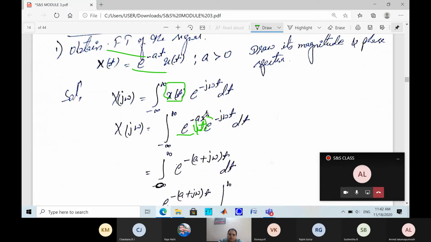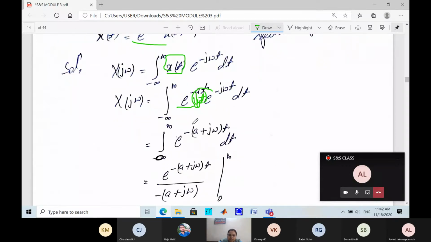Next, what is the u of t function giving for us? It is giving the information about the limit that is going to exist for the given signal, right? Based on that, when the u of t signal is multiplied with e raised to minus at, the limit is from 0 to infinity. The u of t signal gives the information about the limit, so the limit will change from 0 to infinity.